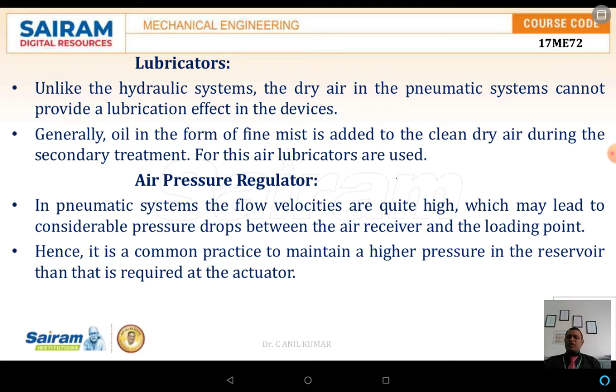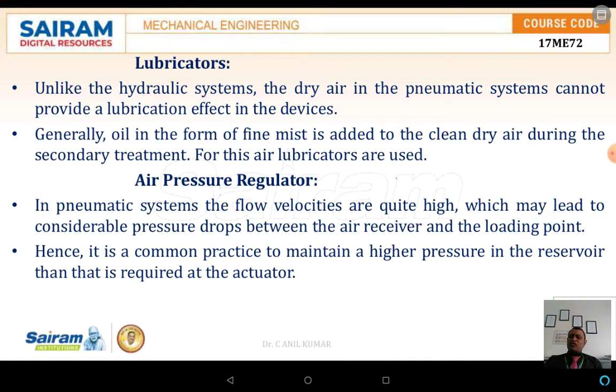The air pressure regulator is a basic element necessary in the line. In the pneumatic system, the flow velocities are quite high, which may lead to a considerable pressure drop between the air receiver and the loading point. Hence the common practice is to maintain a higher pressure in the reservoir than that required at the actuators. If there is any pressure drop in the actuator, it is compensated by flowing the excess air from the reservoir. For that reason only the air regulator is required in between the